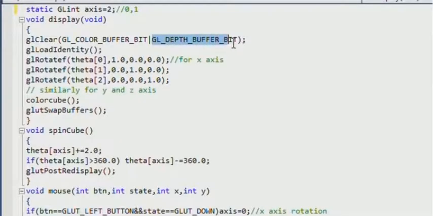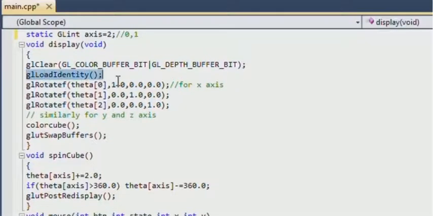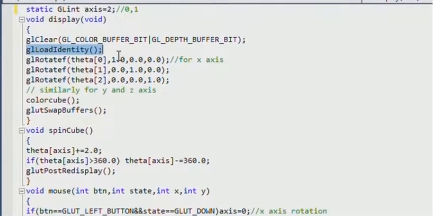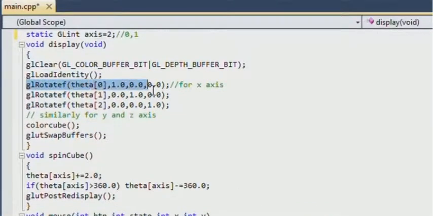GL_DEPTH_BUFFER_BIT is used when 3D objects need to be displayed, and glLoadIdentity will replace the current matrix with the identity matrix. glRotatef is the rotation operation. Each parameter specifies the angle of rotation in degrees, and the x, y, and z coordinates of the vector respectively.